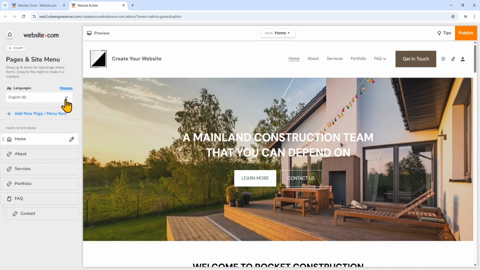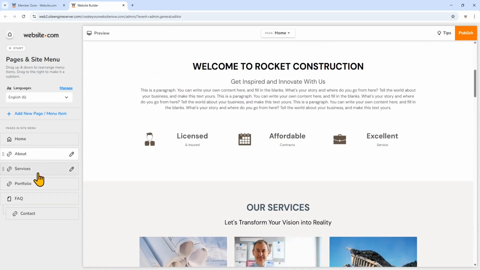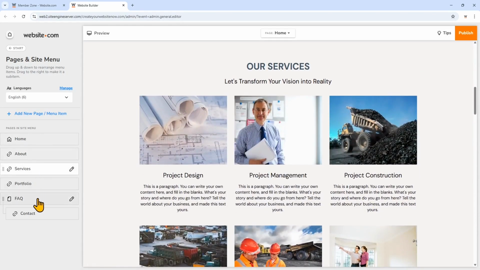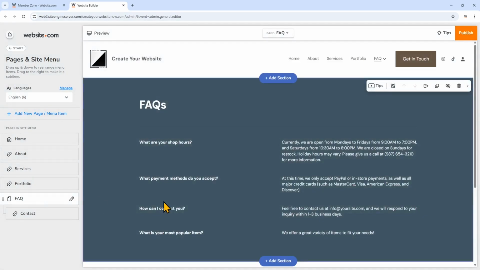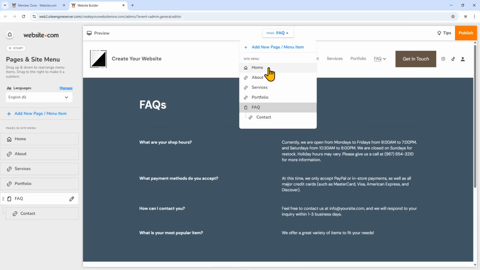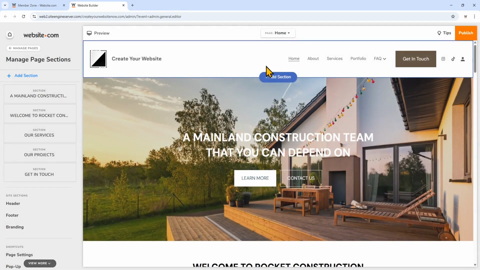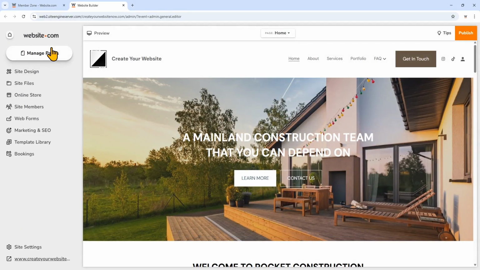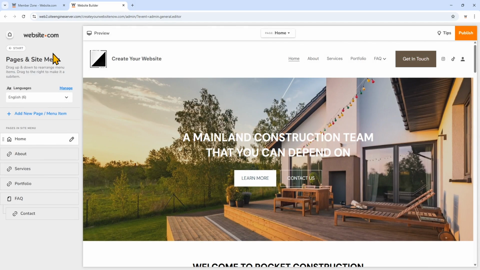Now you can also use this Manage Pages area to navigate to a different page on your site. So right now I've navigated to the home page. These are all links that go to sections on this exact page. But if I want to open up the FAQ page, I can click on that. You can also use the drop down right here to navigate to another page quickly. So I'll go back to Manage Pages. Now we can see the list of menu items again.